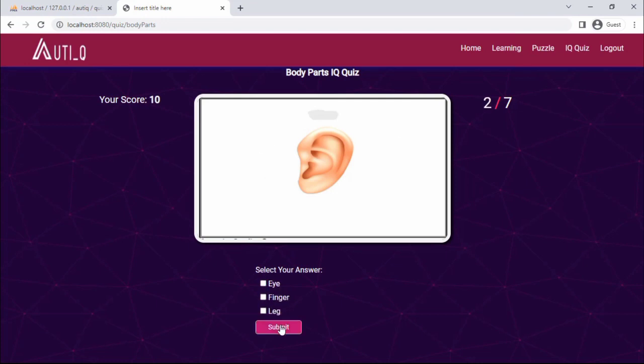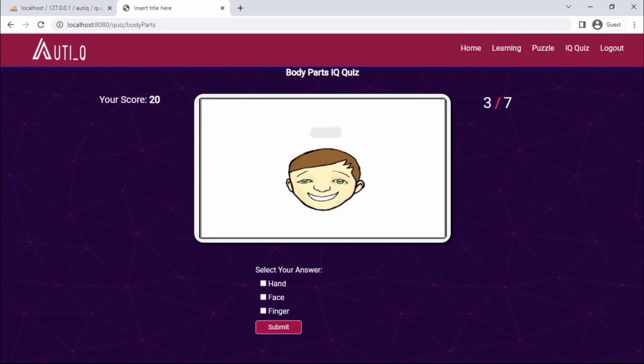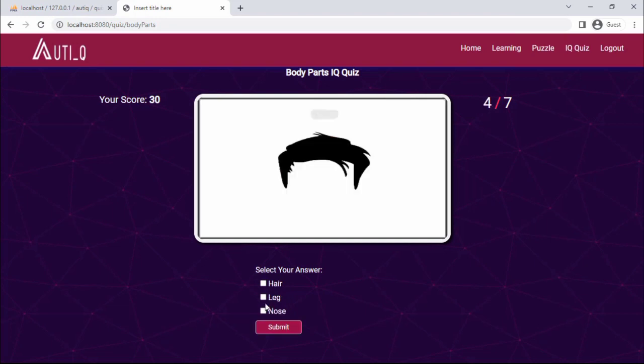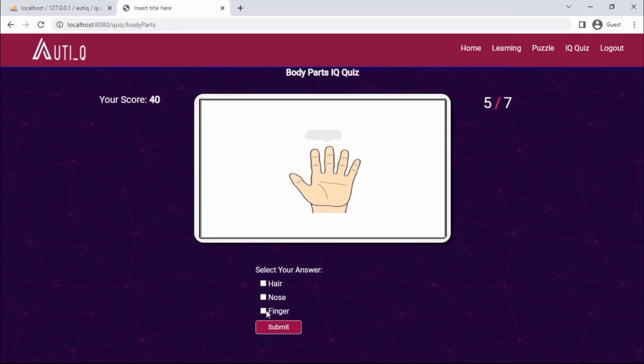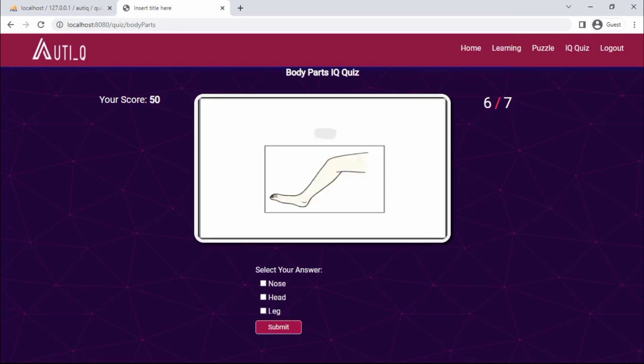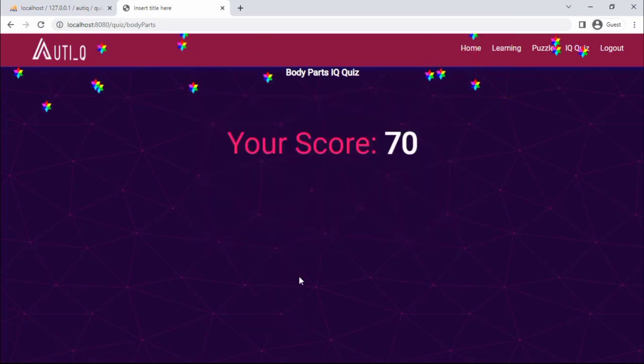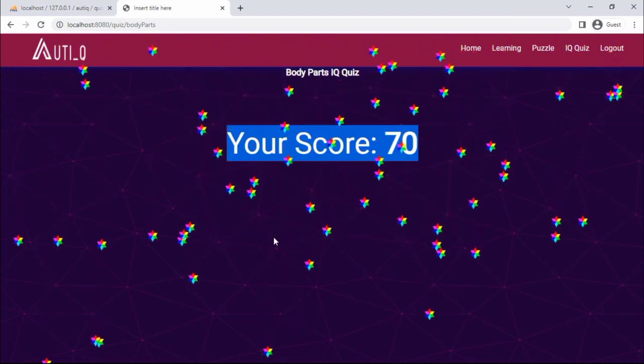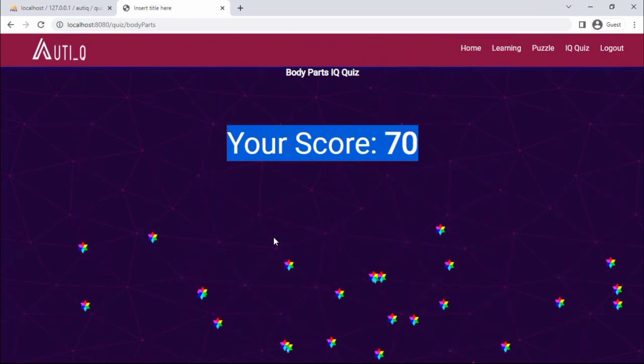Ear, eye, face, hair, finger, finger is actually doubled, I guess, leg, also leg, in such a way that we have added our quiz. And now we can delete as well as an admin. Now this is our code part, and we go to